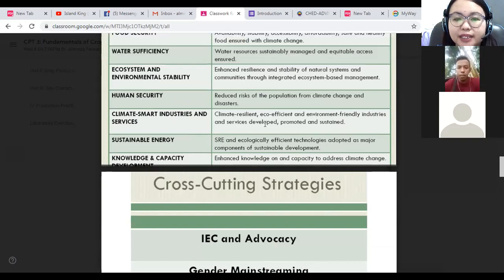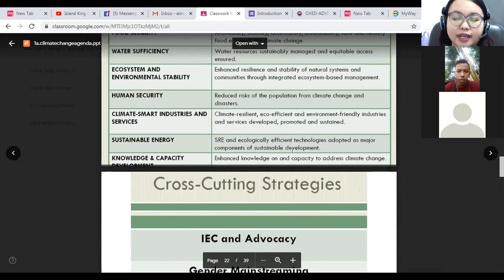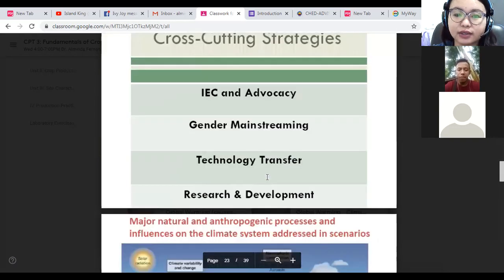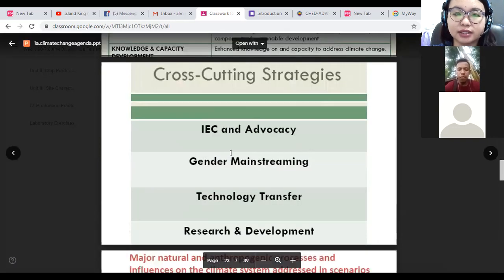So, we should be climate resilient and eco-efficient, including our energy, because we depend more on dangerous sources of energy, like coal. As you can see on the previous slides, coal is one of the main causes of greenhouse gases. So in all, these are the strategies made: